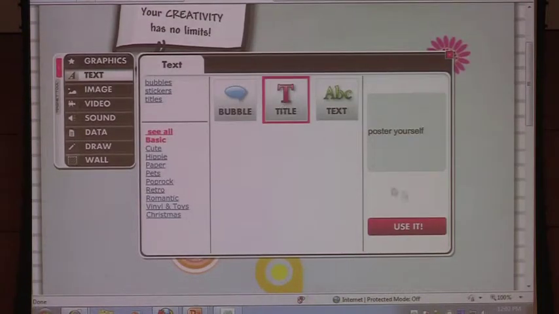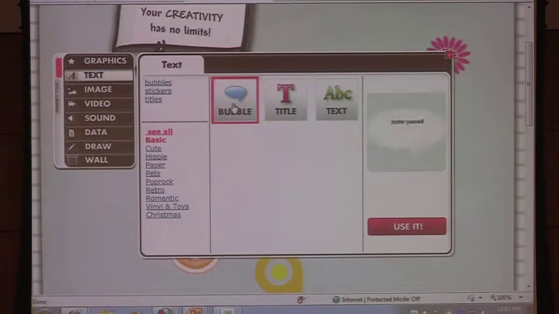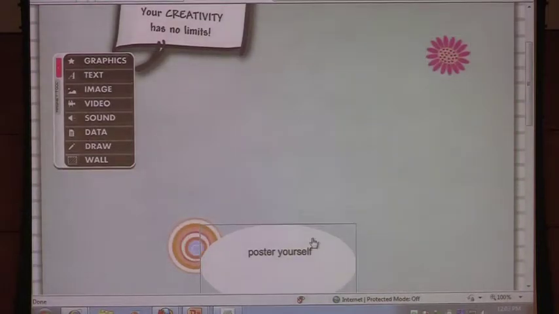Or a title, if we want to call it that. Use it and you can fill it.